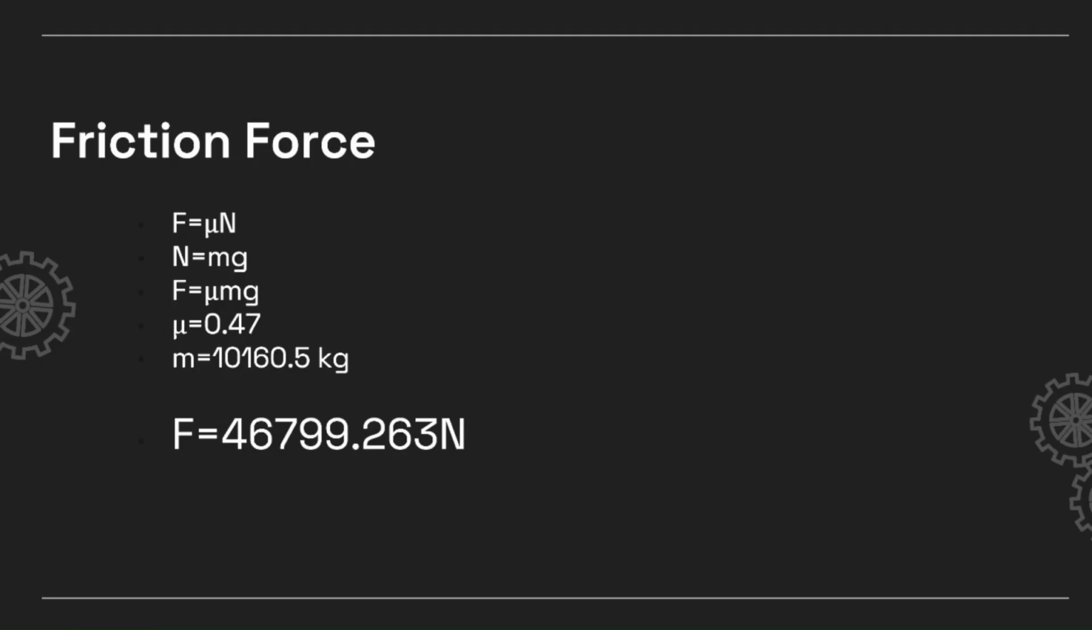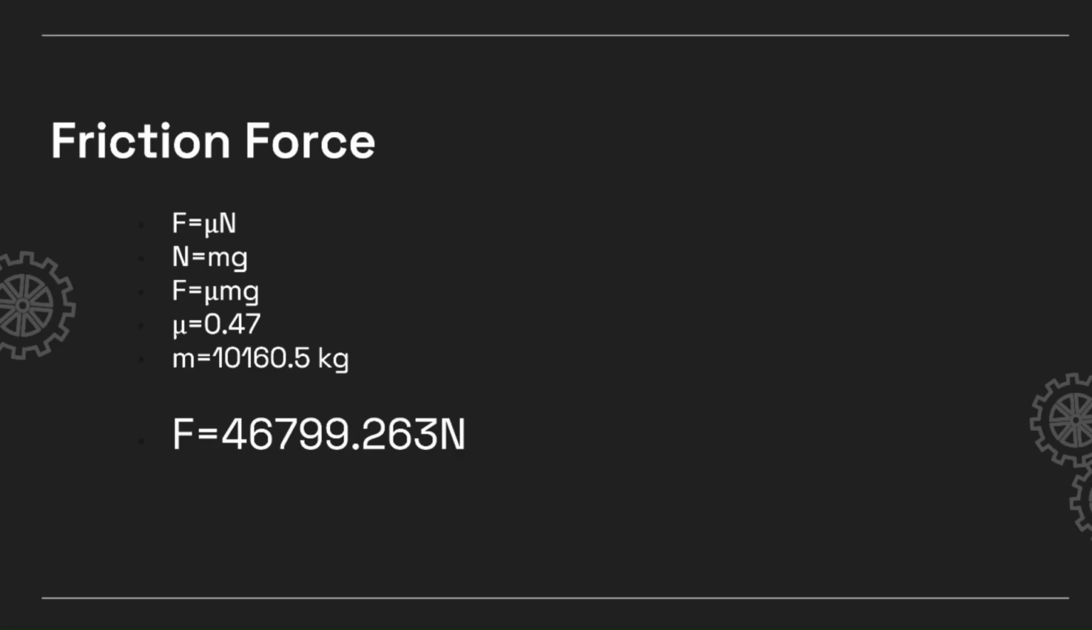Now we need to calculate the friction force. We know that the friction force is equal to the coefficient of friction multiplied by the normal force. To find the normal force, we'll look at the force diagram where we can see that since the bank vault is not accelerating upwards or into the ground, the normal force is equal to the weight of the bank vault. And so we can say that the friction force is equal to the coefficient of friction multiplied by the weight of the bank vault. We found that the coefficient of friction between asphalt and metal is around 0.47, and that